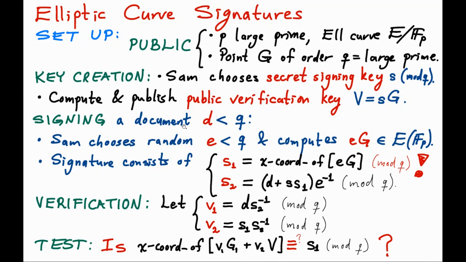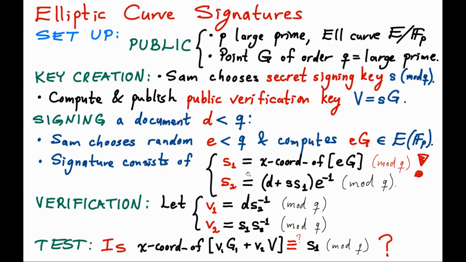Everything up to this point is fine and consistent. The secret is modulo Q because the point of the secret is to be used as an exponent of a point G of order Q, correct? That is the correct way to use S. It is correct to think of S as something modulo Q. The documents are also going to be something modulo Q, and the random element is going to be modulo Q, and what that is used for is as an exponent, and the correct thing is to use an exponent that is defined modulo Q.